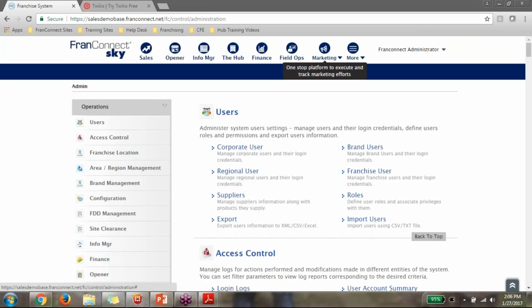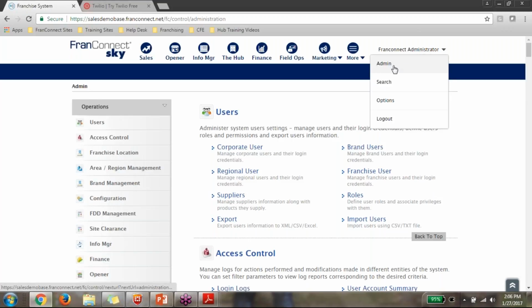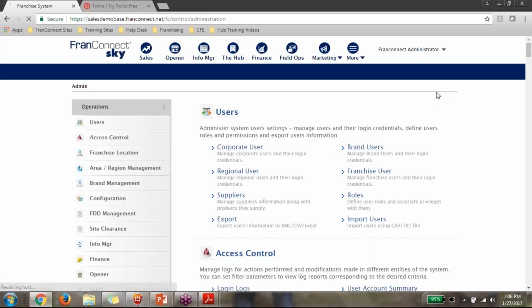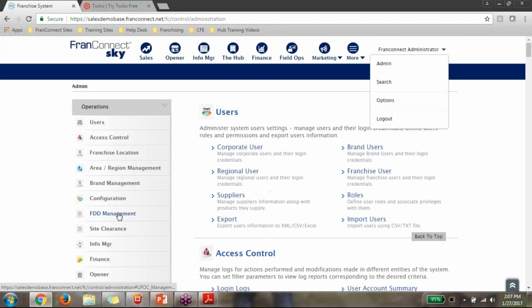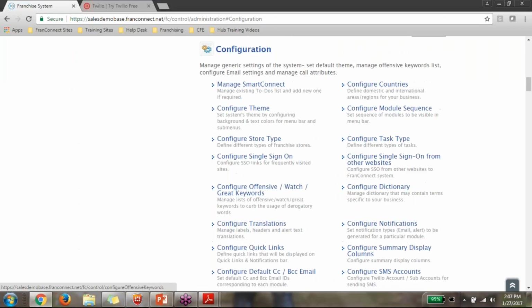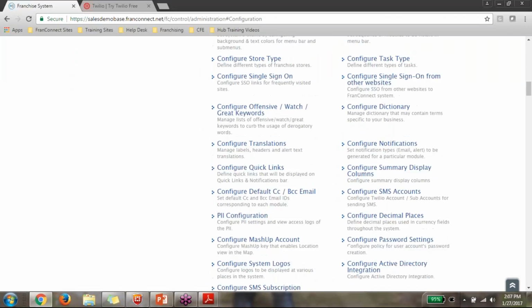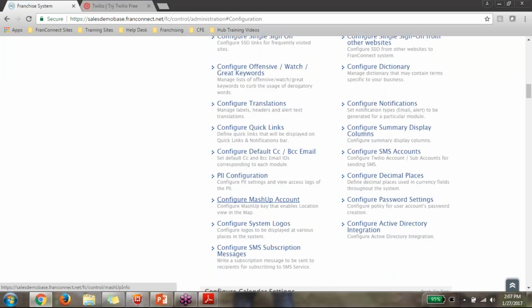Okay, so let's go ahead and get started. The first thing that I want to show you is that in your system, from the admin section, which appears just below your name, once you select admin, you'll go ahead and select configuration. So if you're following a path here with me, it's below your name, selecting admin, and then selecting configuration. There are going to be 2 configuration settings here related to SMS. The first is